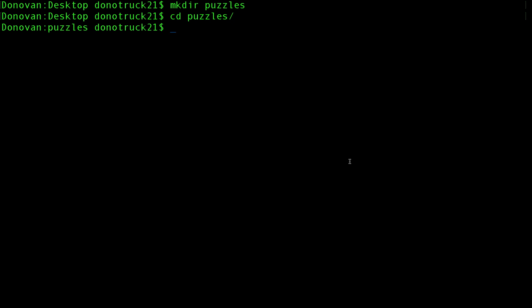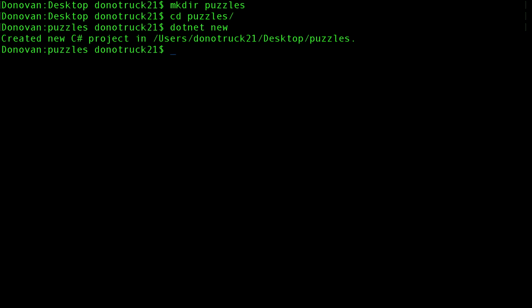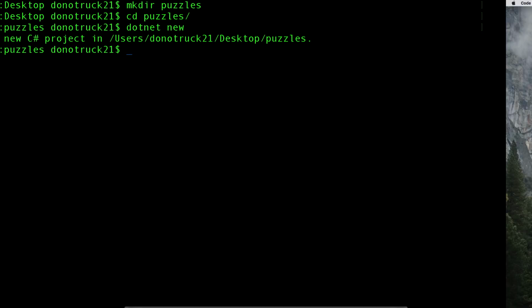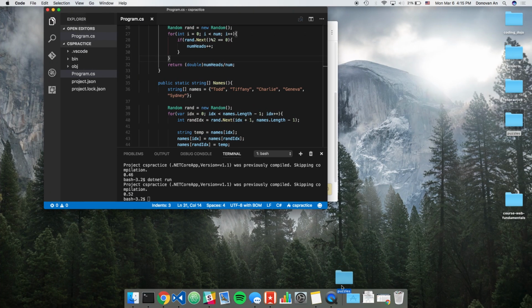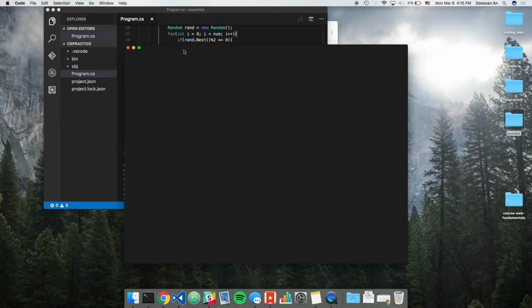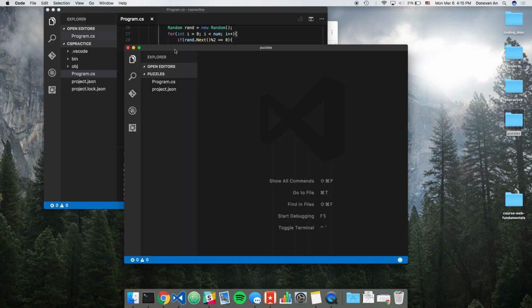the creation of our project. So I made a directory called puzzles. I cd'd into my puzzles. How do I create a new .NET project? .NET new. Cool. And if I open up my puzzles,